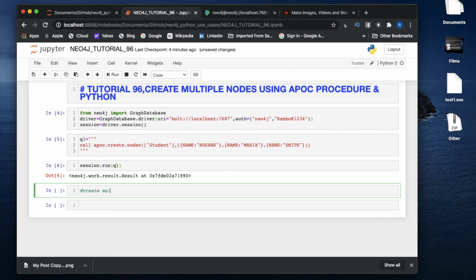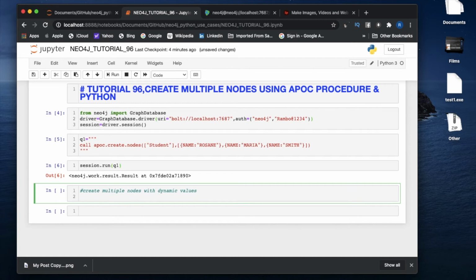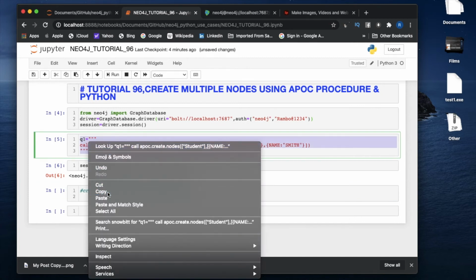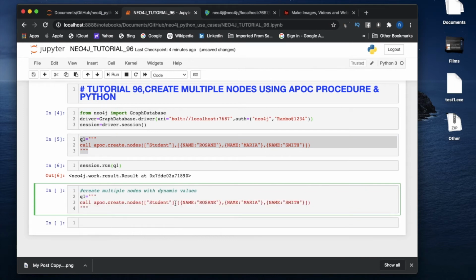Next, let me write: create multiple nodes with dynamic values. We'll be going to use dynamic values. Let me copy paste this over here, and here we'll write some label.